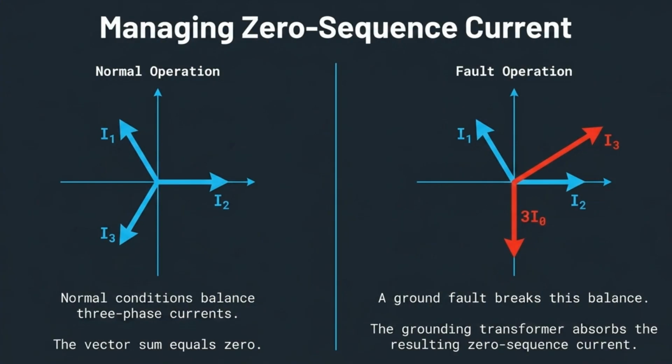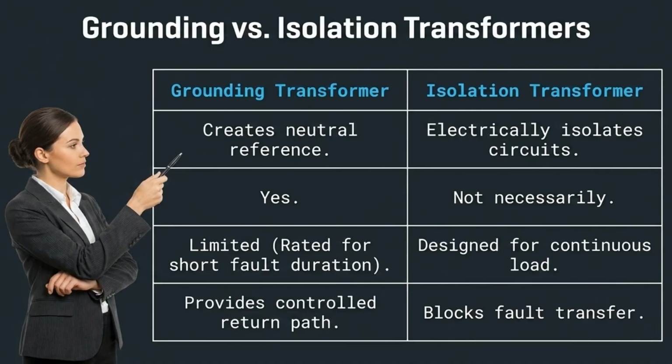Under normal conditions, three-phase currents are balanced, and their vector sum is zero. A ground fault breaks this balance, creating zero-sequence current, which the grounding transformer effectively absorbs to manage the fault safely. It is important to distinguish between grounding and isolation transformers. While grounding transformers create a neutral reference and provide a controlled path, isolation transformers are designed to electrically separate circuits